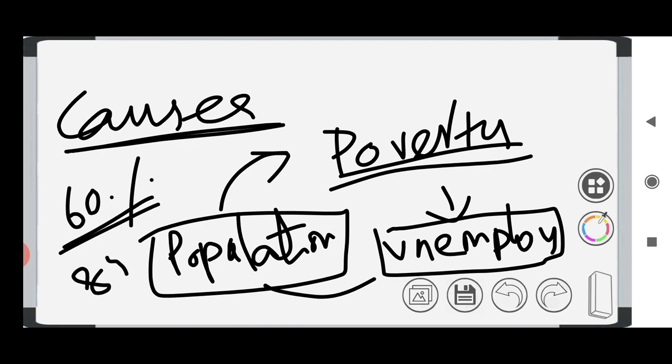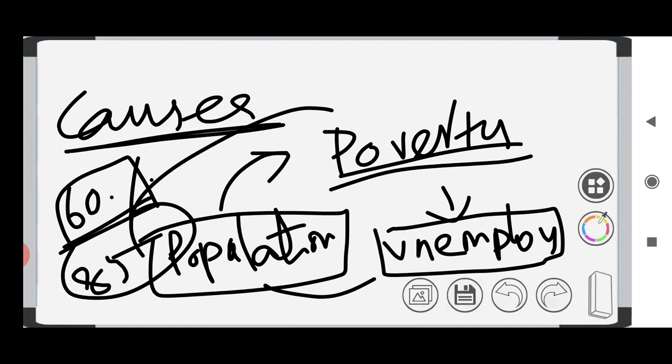If I say directly or indirectly, it means food processing industries, small scale manufacturing units, and sugar manufacturing companies which use sugar cane and produce certain other byproducts. They are indirectly dependent on agriculture because most of the raw materials that they obtain and process are from agriculture. So nearly 60% of the people are directly dependent on agriculture, whereas 85% are indirectly dependent on agriculture. So these are the main causes of poverty.